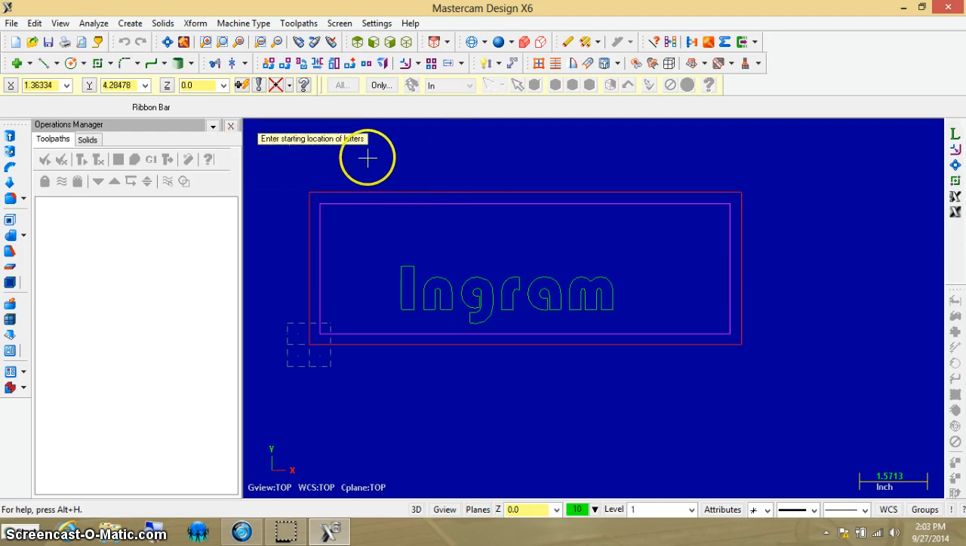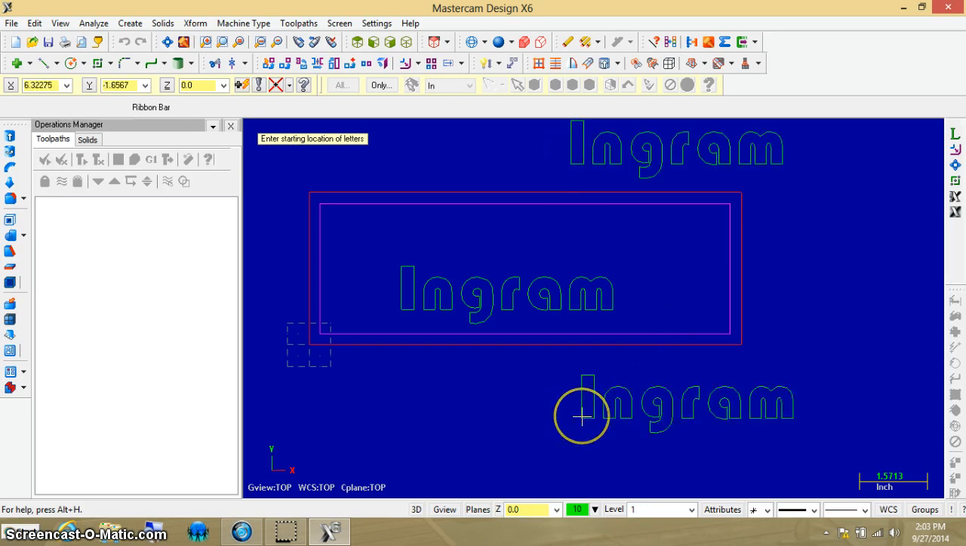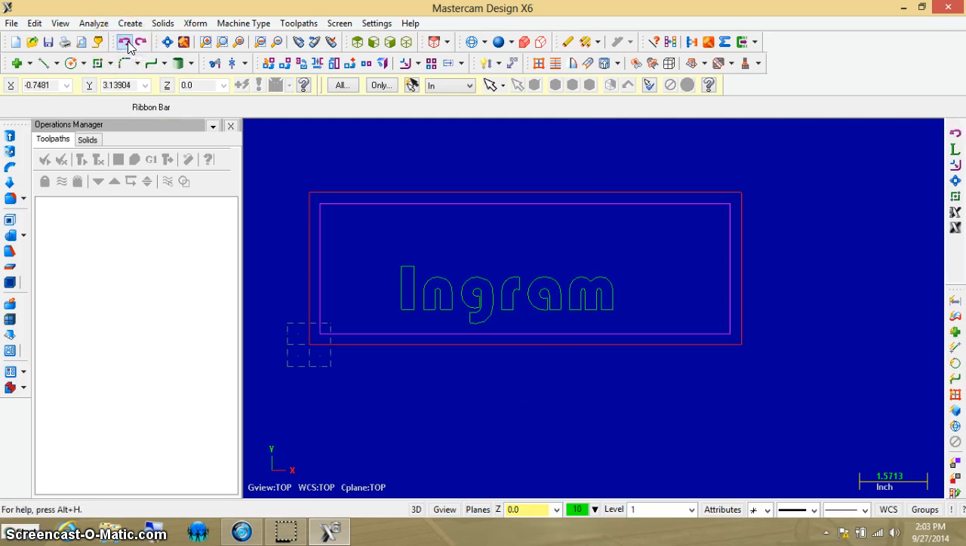Enter the starting location of letters. Every time I click my mouse, it's going to put a copy of my name somewhere. So we have to exit this text placing mode. In order to do that, we have to press the escape key on the keyboard, and once we do that,